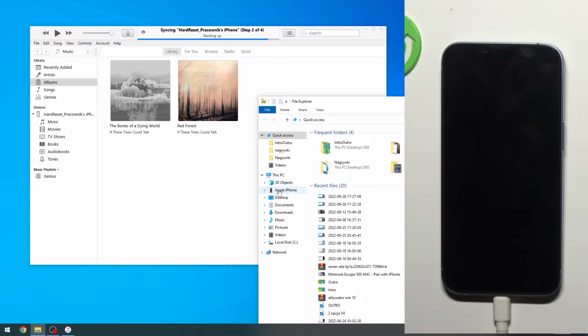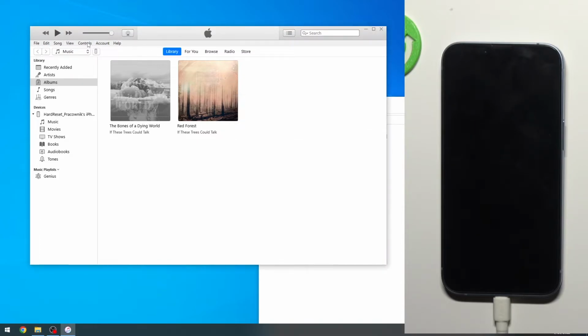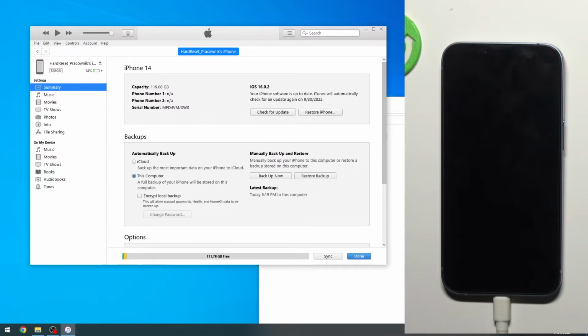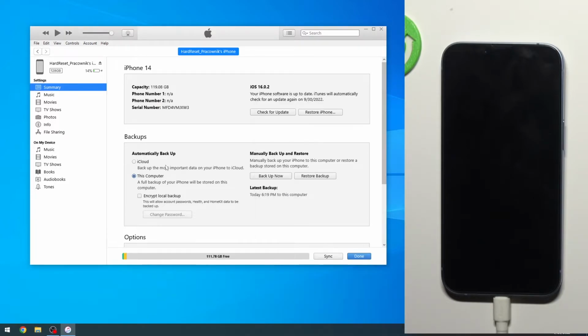it right here. So Finder, you just click on the phone, and instead of seeing the internal storage, you would see this page right here. So that's what would be visible in your Finder right in this window. Anyway, once you have this visible, all you need to do is select Restore Backup. Now it's selected that it's using computer, so backup that has been created to my computer, and this one was